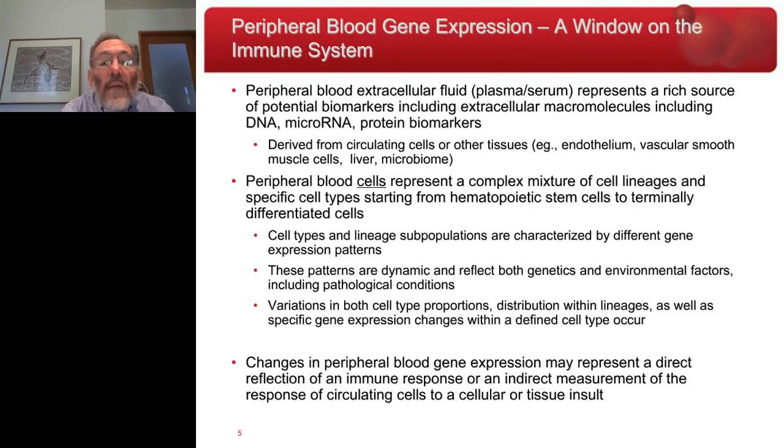If we look specifically at peripheral blood gene expression as a window on the immune system, one can imagine that in the extracellular fluid in blood, plasma or serum, there are a lot of potential biomarkers, including DNA, microRNAs, and protein markers. These can be derived either from circulating cells or other tissues, such as the endothelial cell wall, vascular smooth muscle cells, or other organs, even including the microbiome. What we'll be focusing on today are peripheral blood cells, which represent a very complex mixture of cell lineages and specific cell types, starting from hematopoietic precursors all the way to terminally differentiated cells like platelets or red blood cells. With respect to gene expression, each of these cell types and lineage subpopulations has different patterns of gene expression. The patterns are dynamic and they respond to both the ingrained genetics as well as environmental factors, including pathological